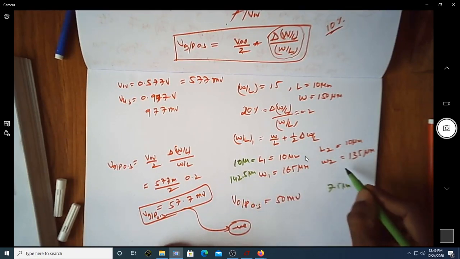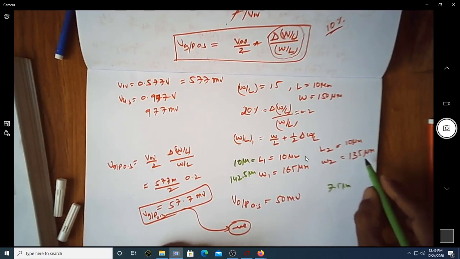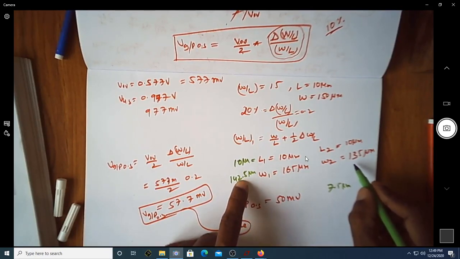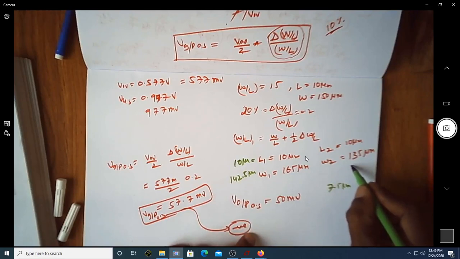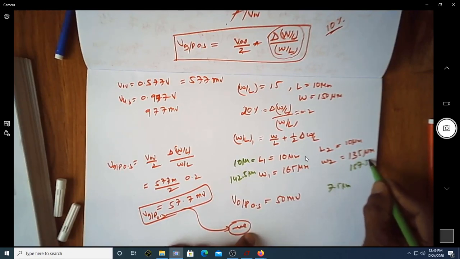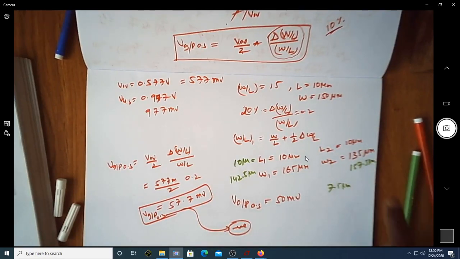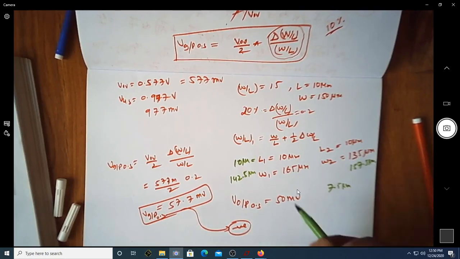Let me take this less and let me take this more. When I take this more, it should be more than 7.5, that is 157.5 micrometer. So this is actually an error of 10%, but this will end up with the output offset voltage,